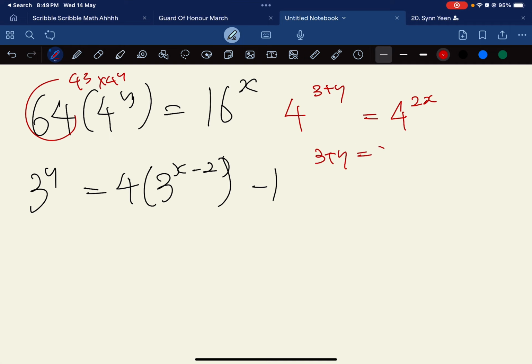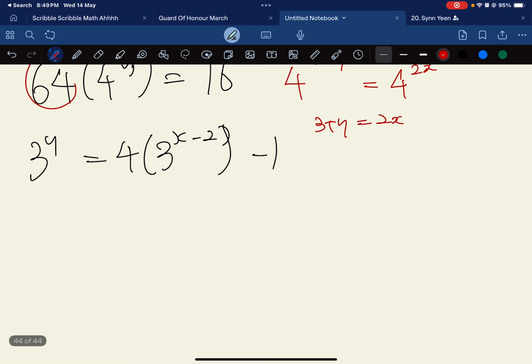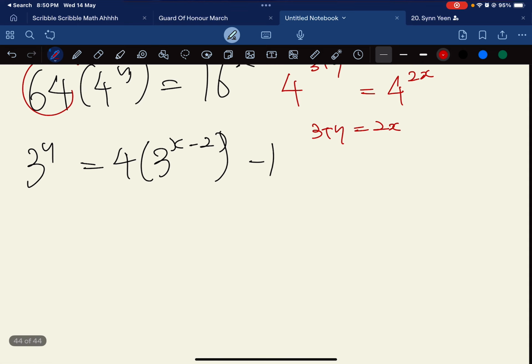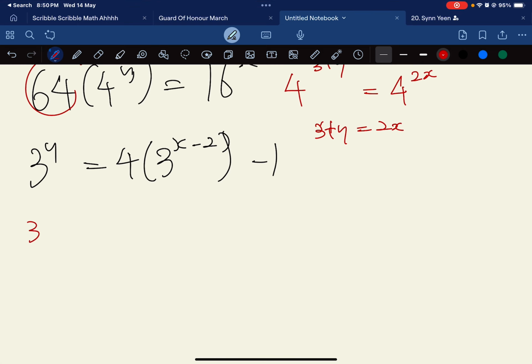3 plus y equals to 2x, and then this one is slightly a bit annoying actually, cannot sub it also. How do I do it like this? 3y equals to, cannot times 4 also. Wait,